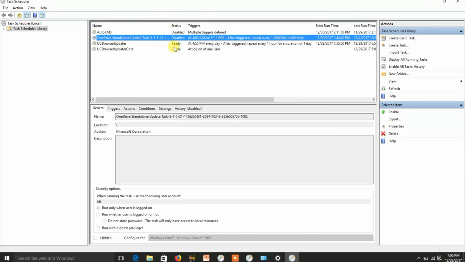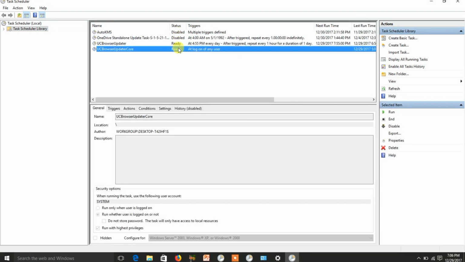So simply disable them. In your system there will be so many or a few of them. So disable all unnecessary updates that you don't want. But it is recommended that you disable all updates and speed up your laptop.